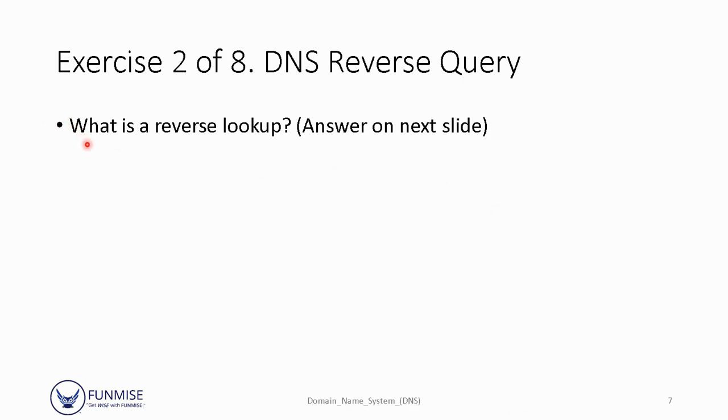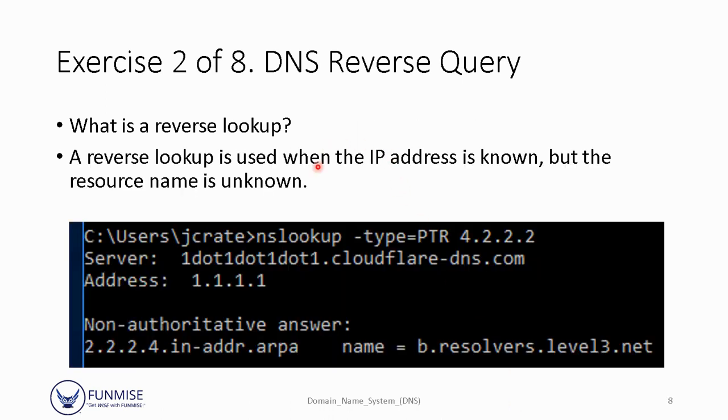Now, DNS Reverse Query. What is a reverse lookup? Well, you know what forward is. So a reverse lookup is used when the IP address is known, but the resource name is unknown. In this example, I'm using nslookup. The type is PTR pointer for the reverse entry for 4.2.2.2. And then it provides this answer, which is for this